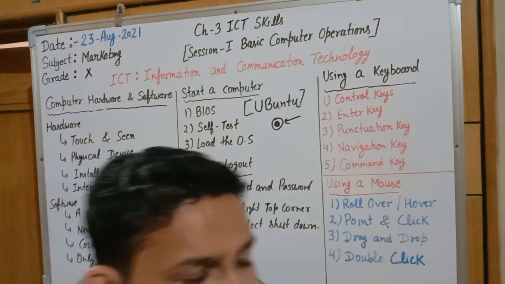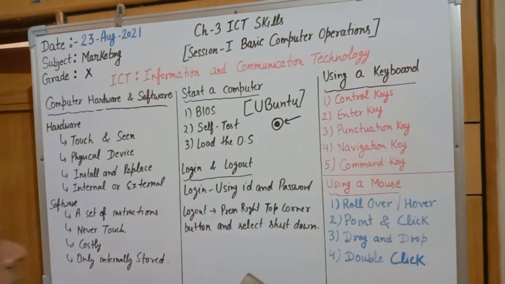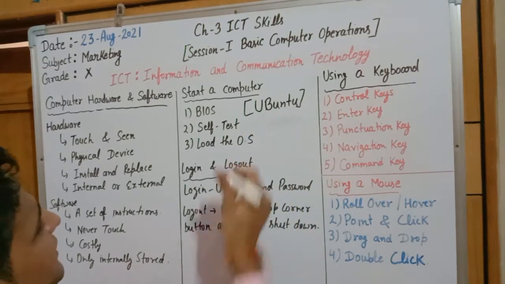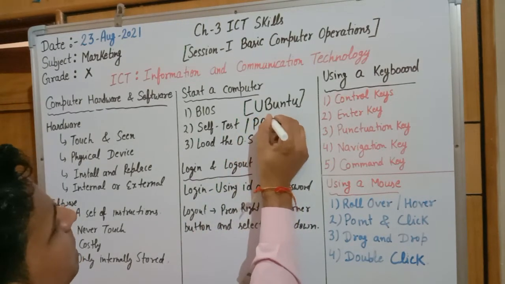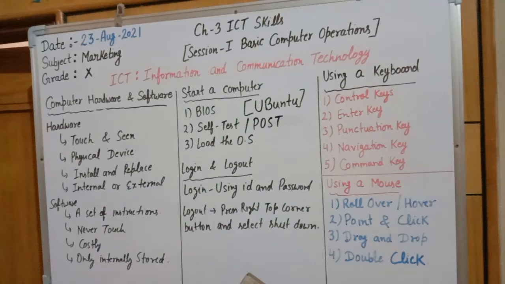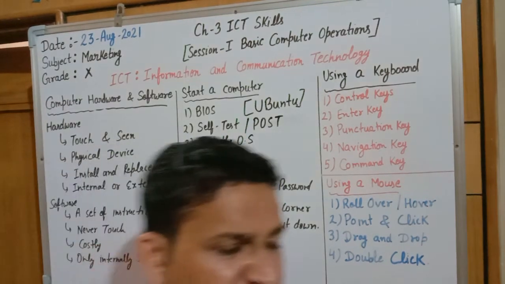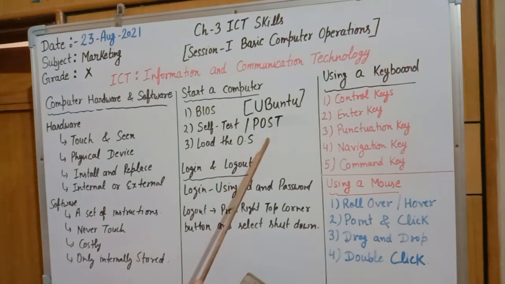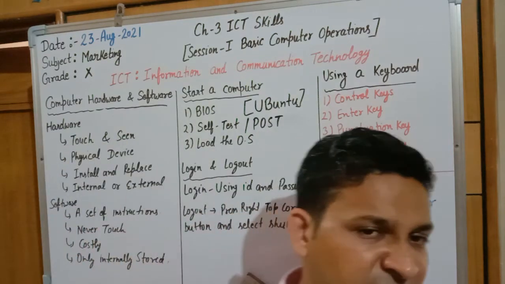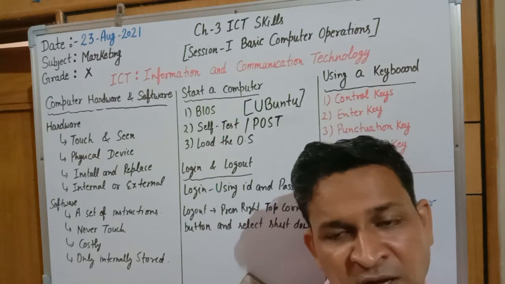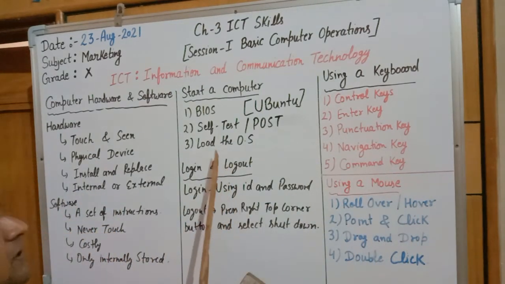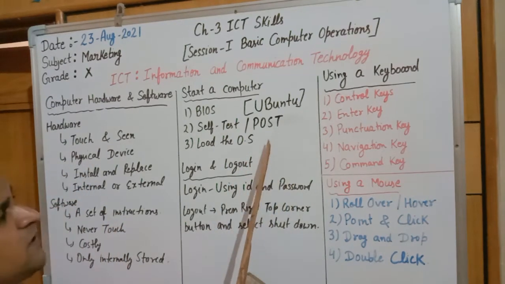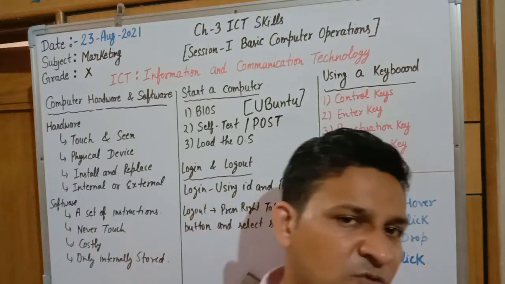When BIOS is loaded, the next step is known as self test. It is also known by another name, POST, power on self test. Your system will check whether all hardware and software parts have been installed or not. It is a test to verify that your system is working properly or not. If all your hardware and software devices are working properly, power on self test is fine, and all information is correct, afterward your operating system will be loaded in your computer system. OS means operating system. Ubuntu will be loaded in your computer system and it will show the desktop window.